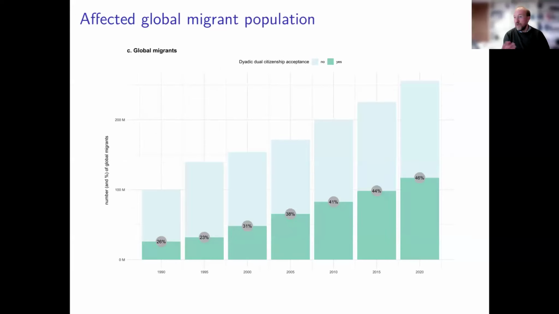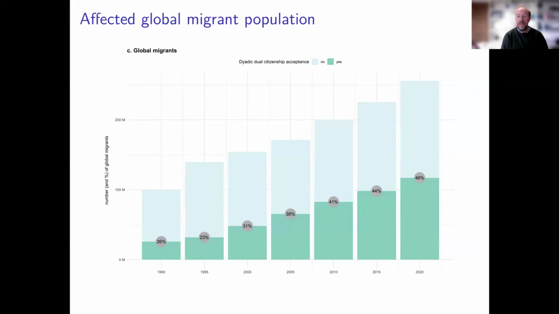So I'm going, of course, a bit quick through the paper, but I invite you to read the paper afterwards, and then you will see all the details. So this is to give you a snapshot of the data. Well, now that we have constructed these dyadic regulations between states, we can also link the citizenship data with other kinds of data. So in this paper, we link our data with three different kinds of data.